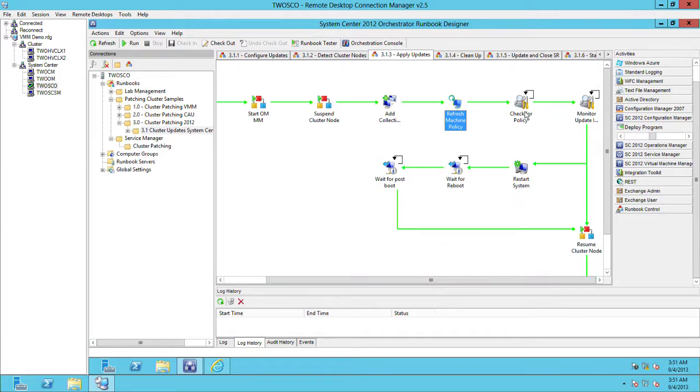Then comes probably what was the most tricky part of this solution. I'm going to glaze through it right now and then come back to it because I want to get the demo started because like I said, we really are going to live patch a Hyper-V cluster here and it takes some time. But that was, at a high level, once the machine received policy from Configuration Manager and once it started its process,